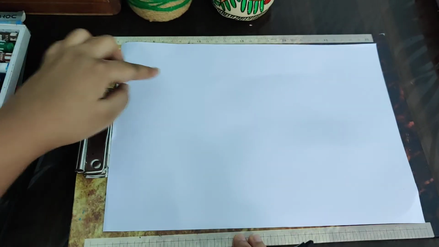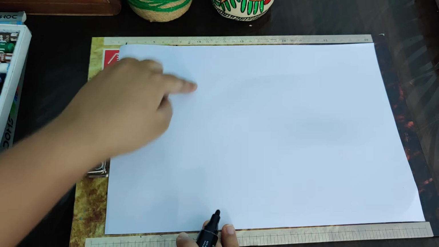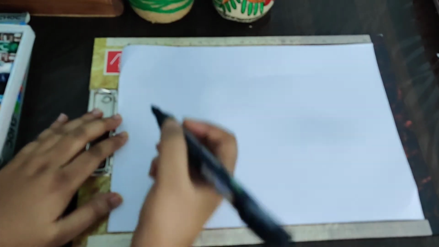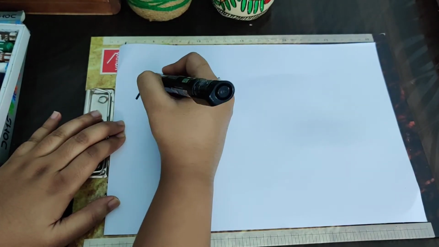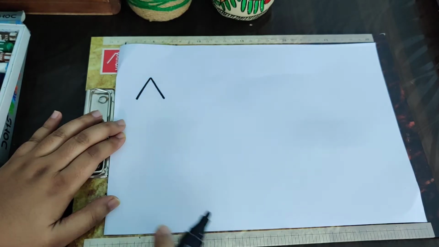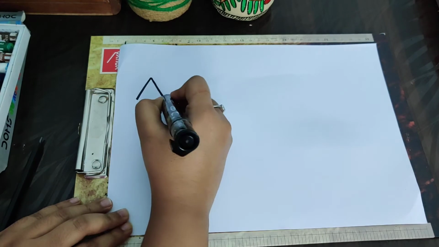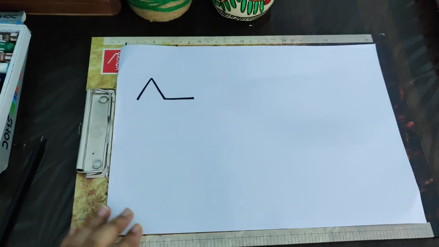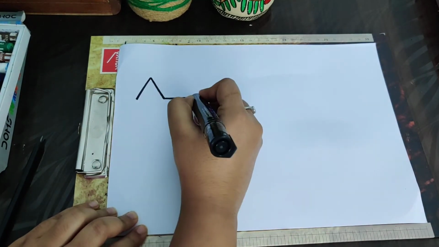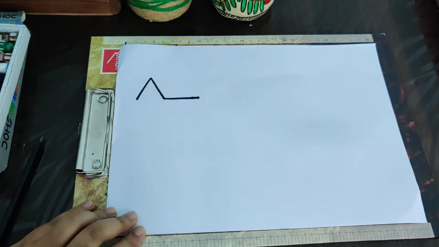First of all, we will start from the left side of your paper, somewhere around here. We will draw two small triangles, two cones for the ears of the cat. We will not cover the lower part. Make a sleeping line like this. You can just extend the line a little bit.